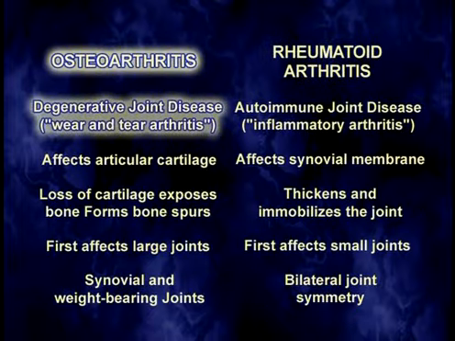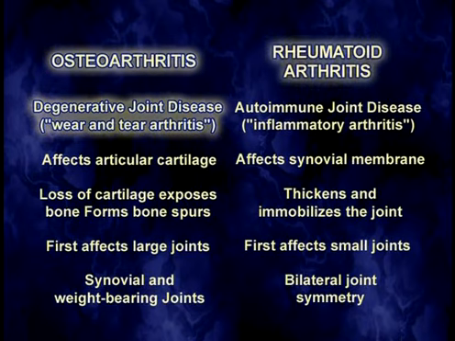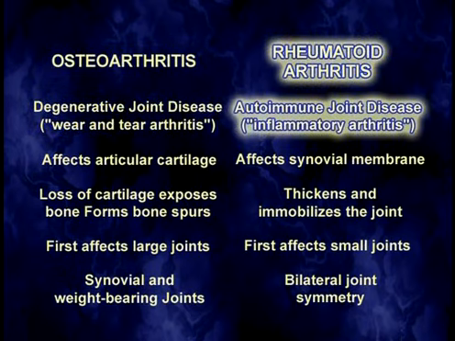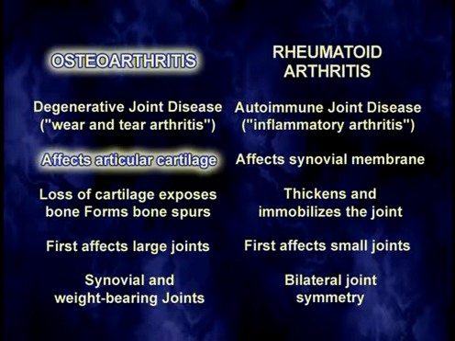Osteoarthritis is a degenerative joint disease. It's wear and tear on the joint. It comes from being an athlete or growing old or just living long enough. Your joints don't last as long as we might like them to last. Rheumatoid arthritis is an autoimmune disease. It's an inflammatory arthritis, and you become allergic to your own joints. Another autoimmune disease. The osteo affects the articular cartilage, the cartilage I just showed you in the last slide, and